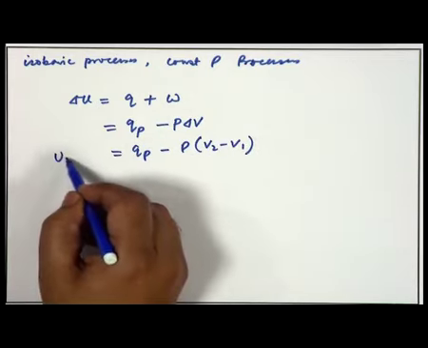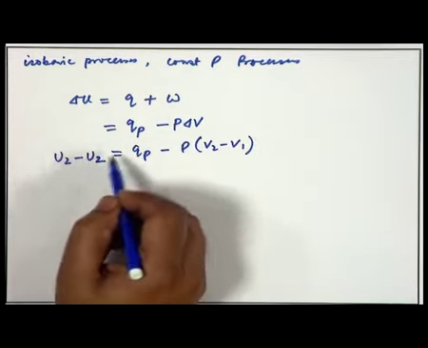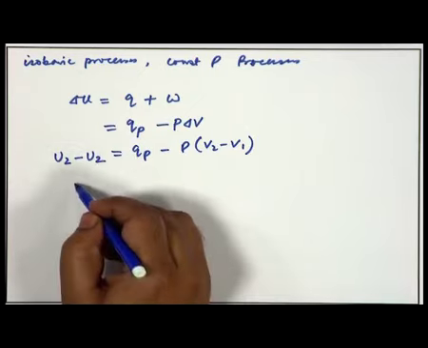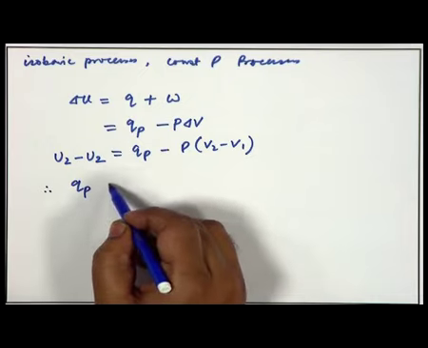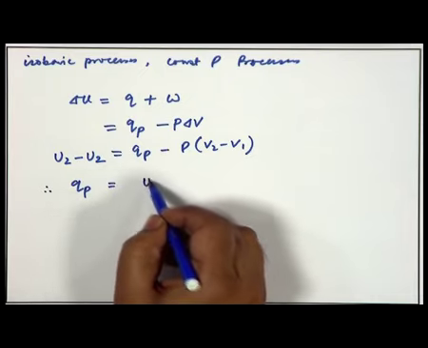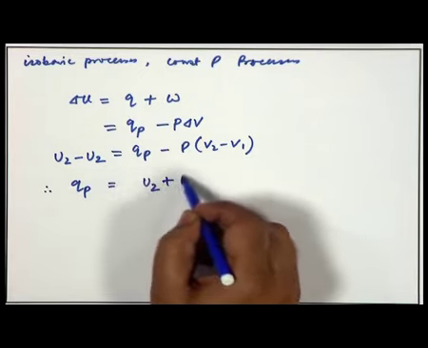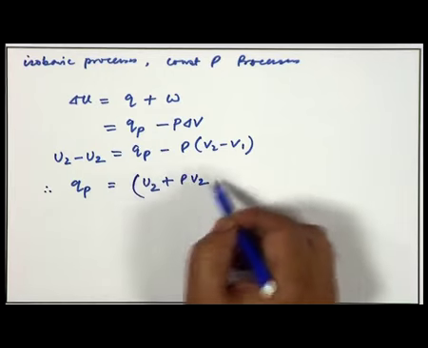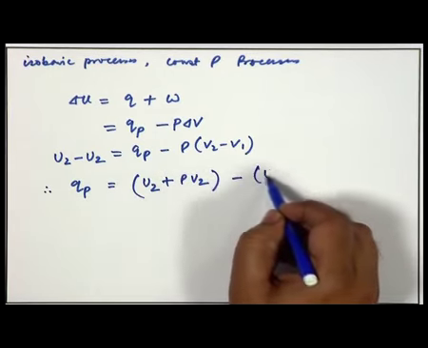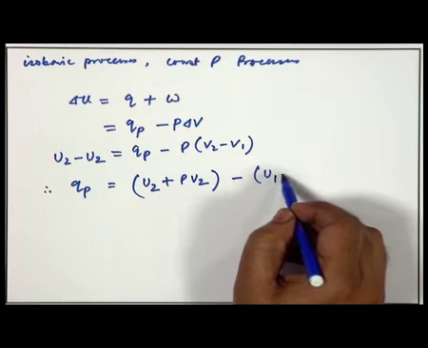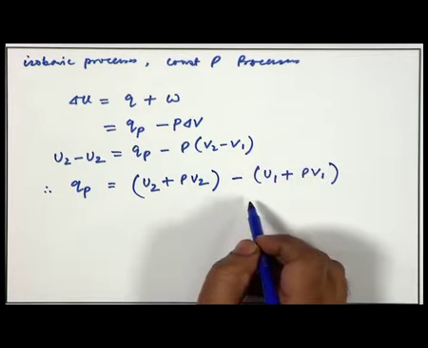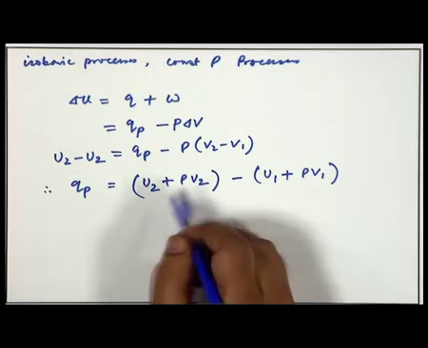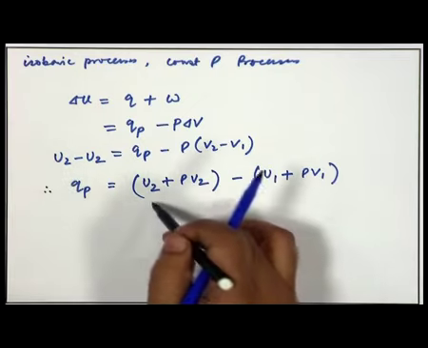Similarly, on the other side we can write U2 minus U1. Now, we can rearrange this to write it as Q_P equals (U2 plus P V2) minus (U1 plus P V1). Now, this term, U plus PV,